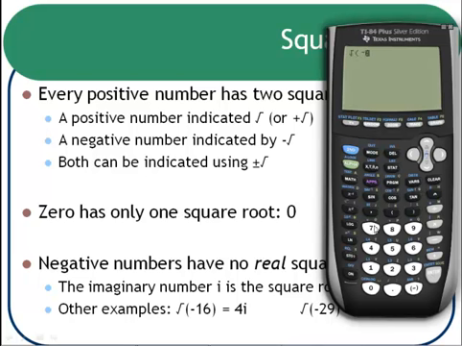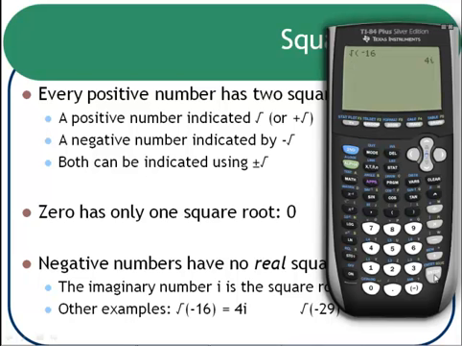oops, forgot my one, -16, notice it gives me an error, which is that it's a not real answer. There's no real answer there. If you wanted to, and you can do this especially when you get to Algebra 2, if you go to Mode, instead of just allowing real numbers, you can go over to a plus bi. Now if I go through the same process, you'll see that it gives me an answer. 4 is the square root of 16,